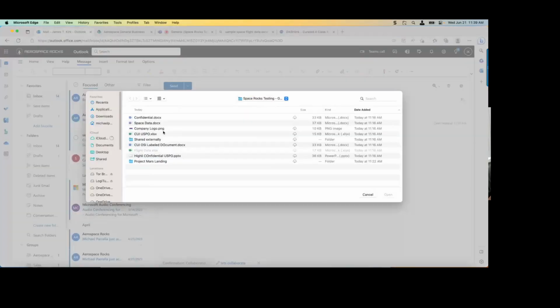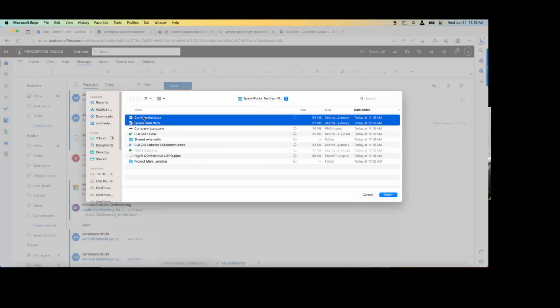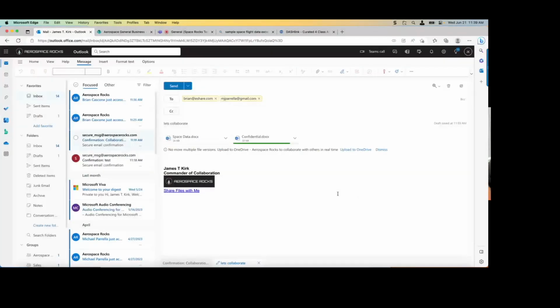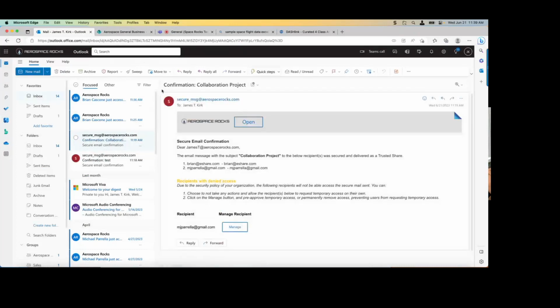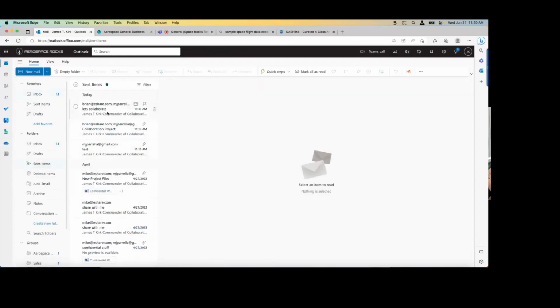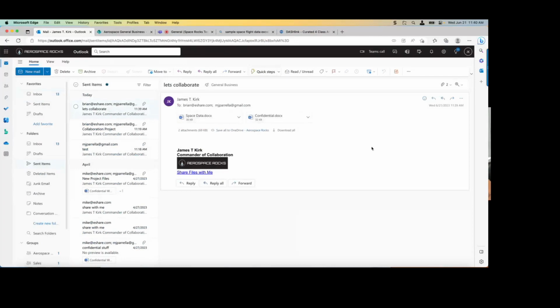We're going to select some information in here, a few different documents that we're going to attach as you normally would, and the outbox for the sent items for this user simply shows that they've attached a document as normal.